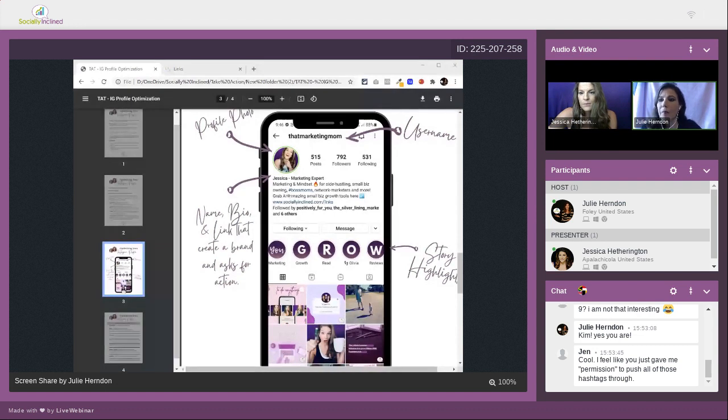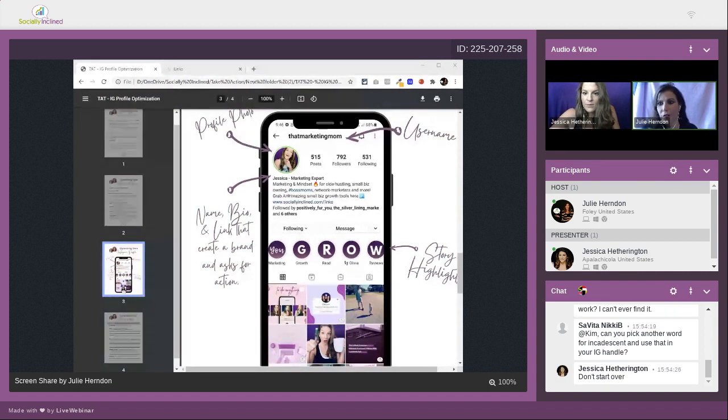So with the whole link in bio thing and sharing back and forth, if you don't have some type of third party like what we have, you just have to manually do it. Because if you share from Instagram to Facebook, then it says link in bio. Well, that's not good. And it will have your 30 hashtags, or however many you have, and you don't want to share that many. So having a dashboard like Socially Inclined or any of the competitors will allow you to have a different message for each platform.